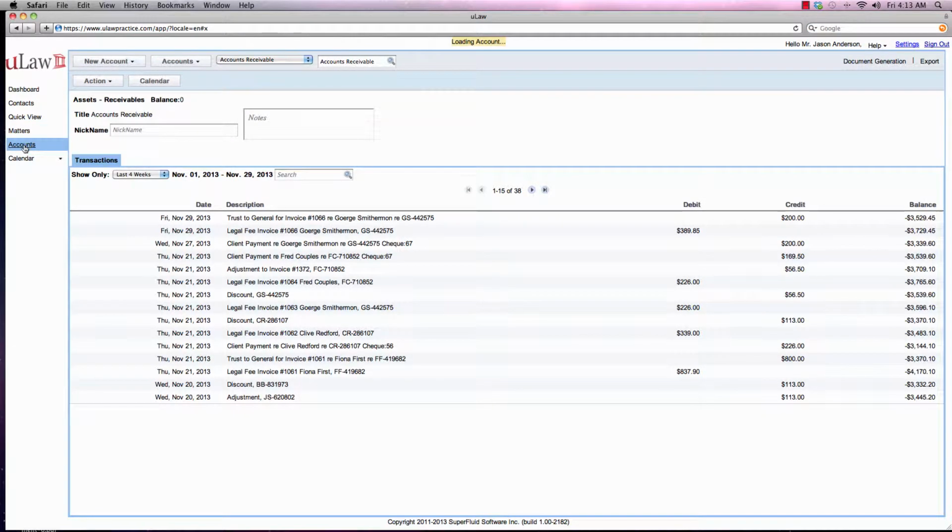This tutorial is about year-end. What's year-end and how do we do that in uLaw? Now, year-end is a process where you want to take all your expenses and revenue, sum them up,